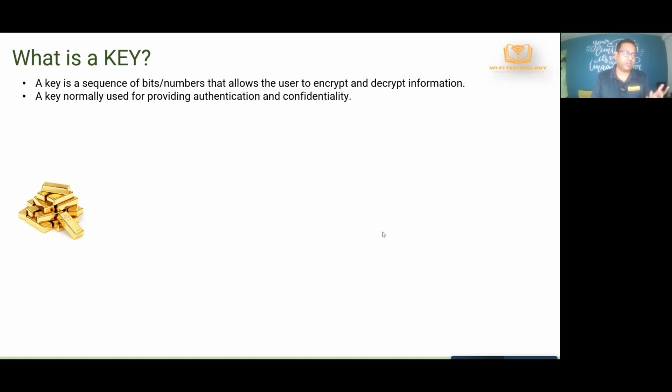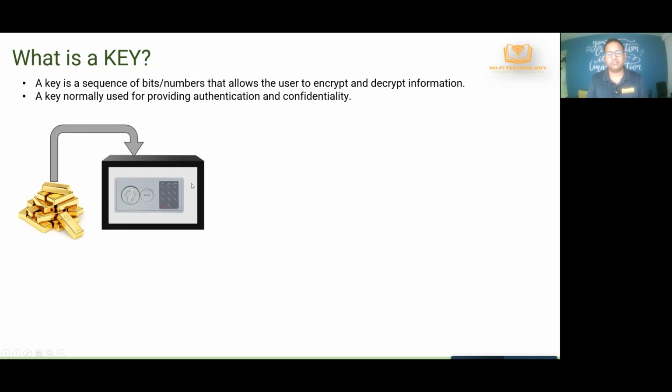Actually, let's talk about what a key is in very basic terms, right? Of course, we all know the keys that we use to open our houses and cars and so on. But what does a key mean in the context of networking? Let's say you have some valuable goods that you want to transmit. You can put them inside a safe that has a digital lock, and then you can use a particular key for that. In this particular case, a key is a combination of digits,